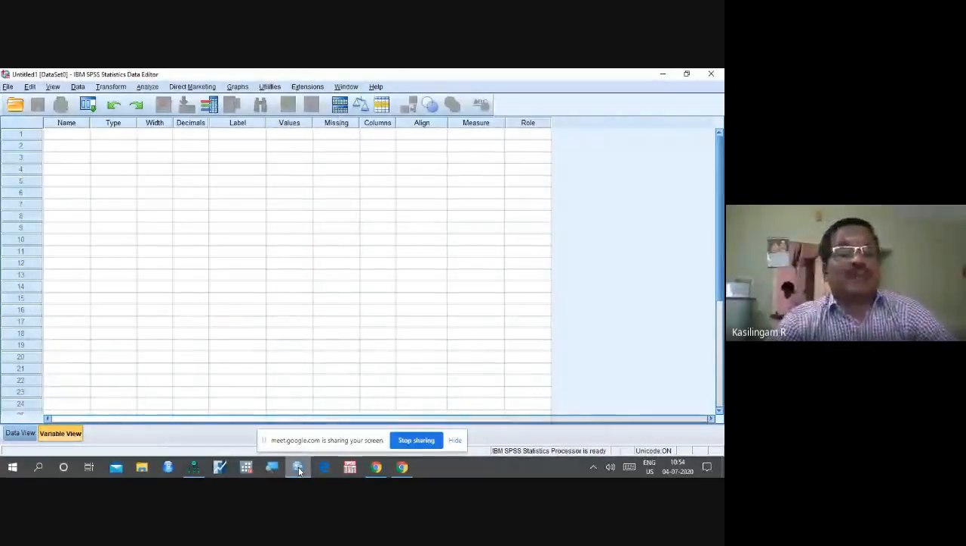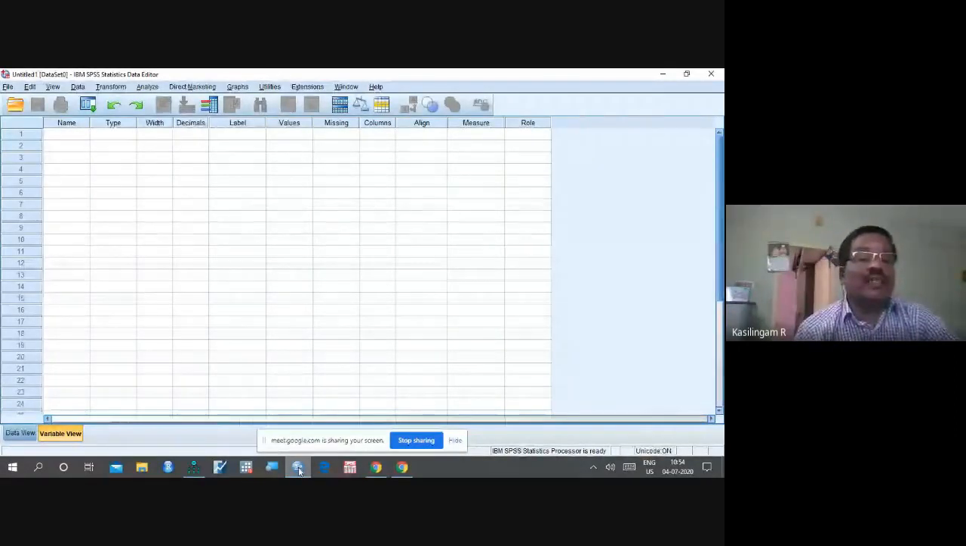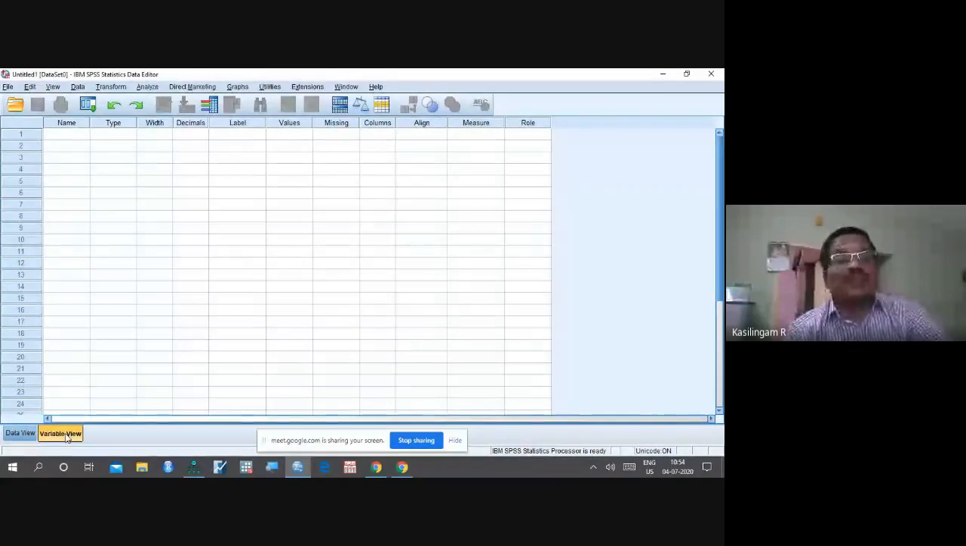So this is the SPSS software. Now, if you look at this screen, you can see two things. One is the data view, another is the variable view. Right. Now, if you see the variable view, you can see